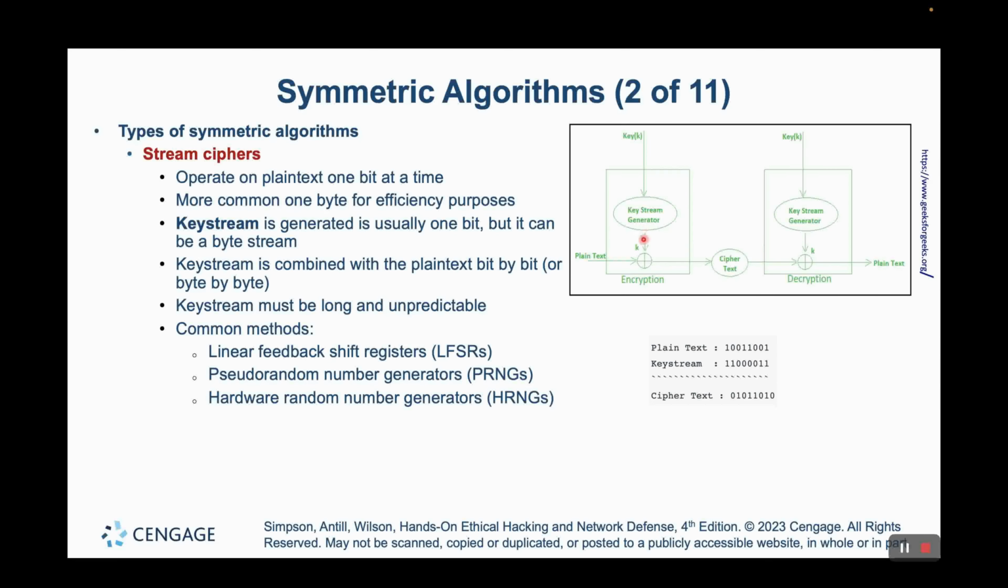Now it will be combined with the plain text, either bit by bit or byte by byte, and the key stream must be long and unpredictable. And then it will be XORed, and the output will be the ciphertext. Now there are different methods that can be used to do the stream cipher and to generate the key stream. The first one here is the linear feedback shift register. This is a type of pseudo-random number generator,